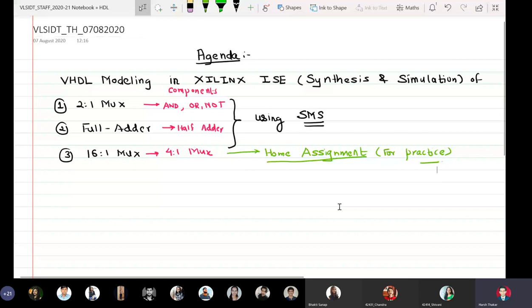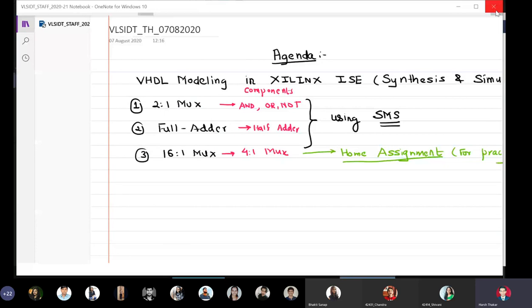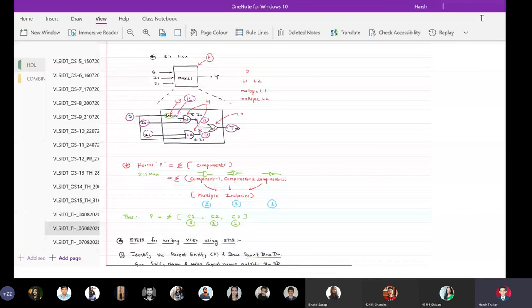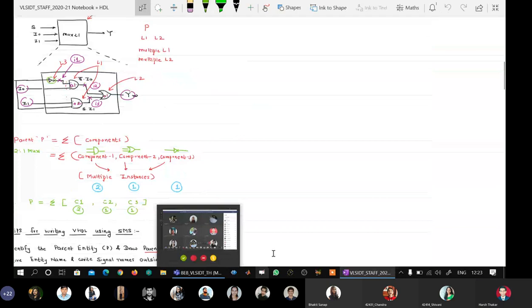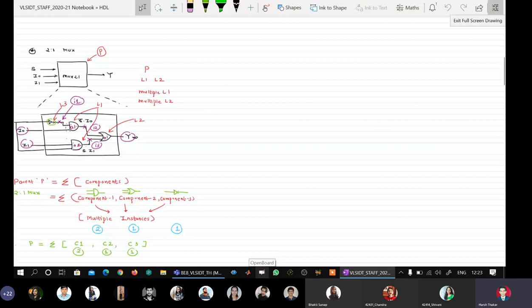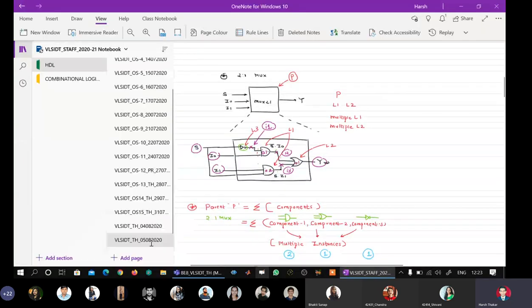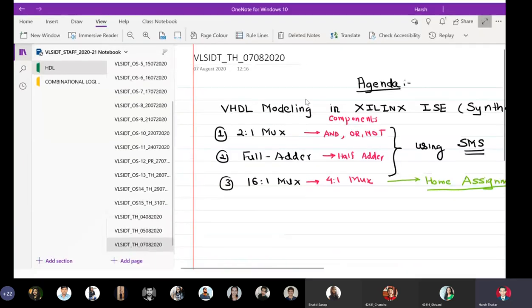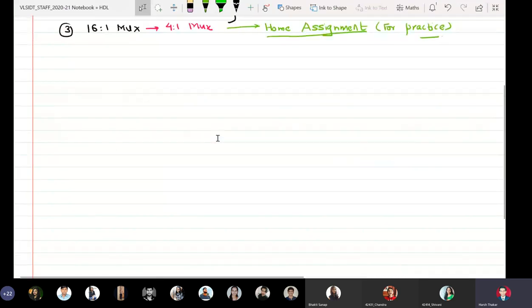So I plan to end the session today by making the correct block diagram based on which the students can practice at home for those who have the tools with them. So we'll not have any explanation today because the 2:1 mux we have already discussed yesterday. So I'll just flash the notes. Remember this thing. So this is what we plan to do, VHDL modeling for this thing. So I will just very quickly redraw it with a bigger size, so we can immediately start doing the coding. Okay.